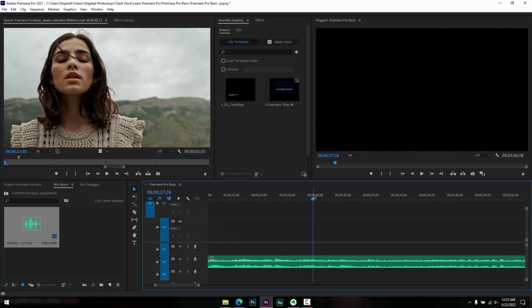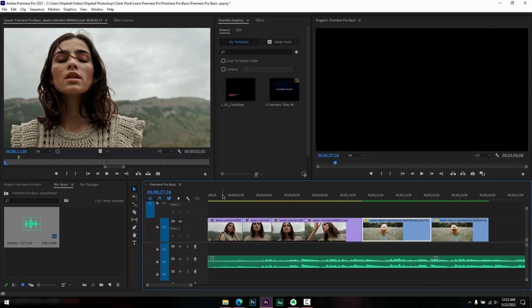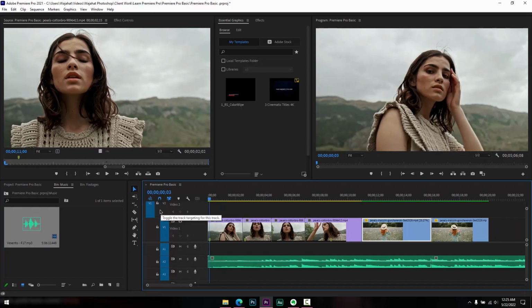You hear that music, right? How it was started. Now what does this slip tool do? It's actually slipping this whole audio in towards the left. Now what I mean by that, if I start to drag it towards the left, I'm holding on the left key of the mouse,